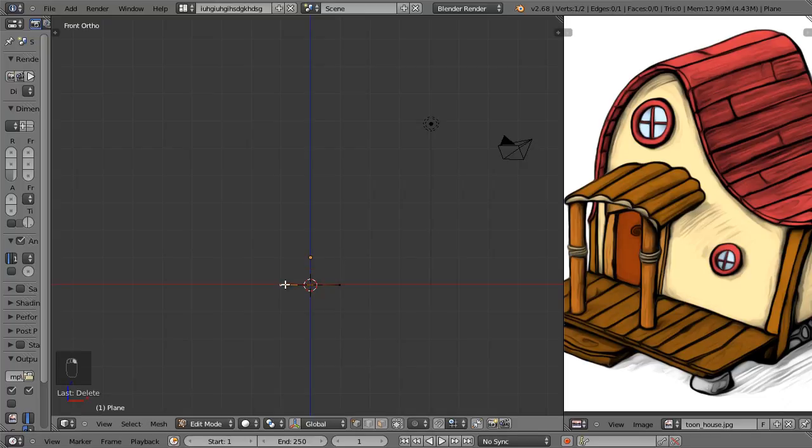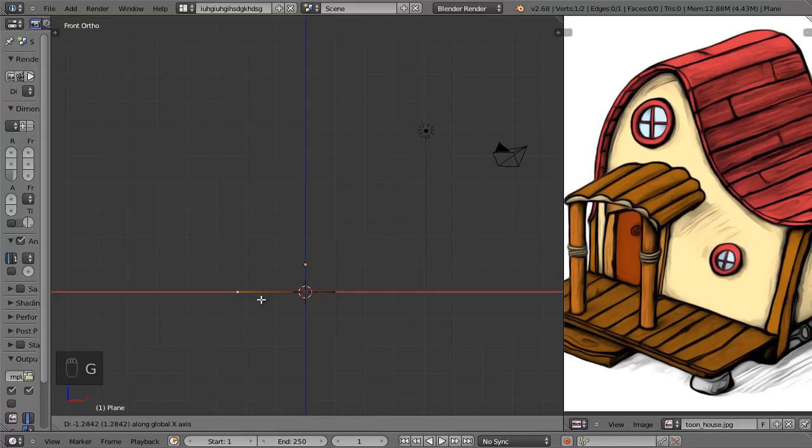Now we're just going to draw a line. We're just going to use the E key to extrude vertex after vertex and draw the profile of the front of the house. Then we're going to add the door frame and the window frames, and then we're going to make it all solid. And now I'm going to move this one vertex to the left on the x-axis and press E to extrude it. I'm going to extrude it straight up on the z-axis,